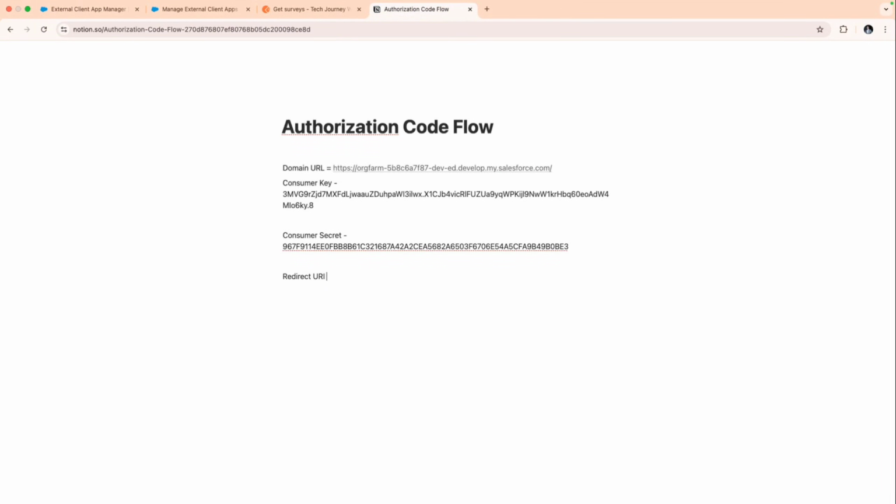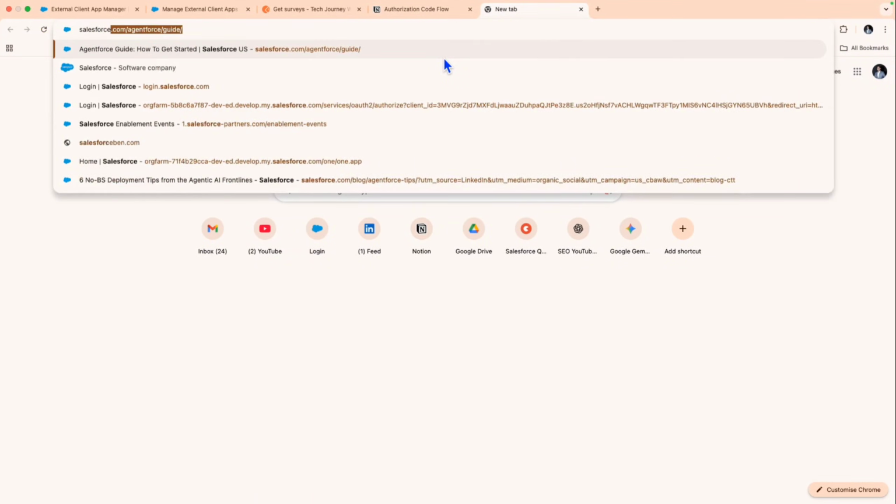Redirect URI. Now, once you have all those things with you, what we have to do now, we will go and do this testing from the Postman because we don't have any third party system. We will replicate these steps with the help of the Postman, where we will ask the Postman to connect with the Salesforce using the authorization code flow. And to do that, we will follow the Salesforce documentation of the Salesforce